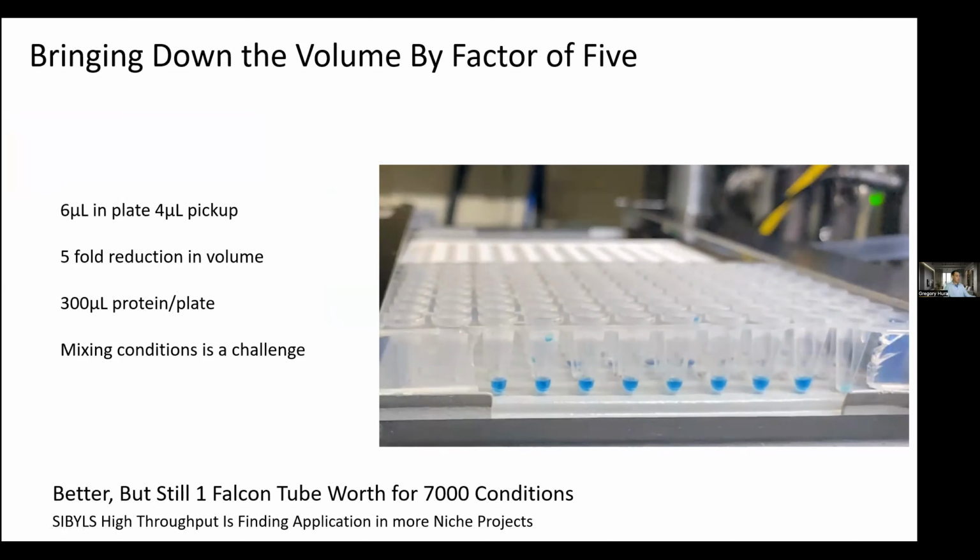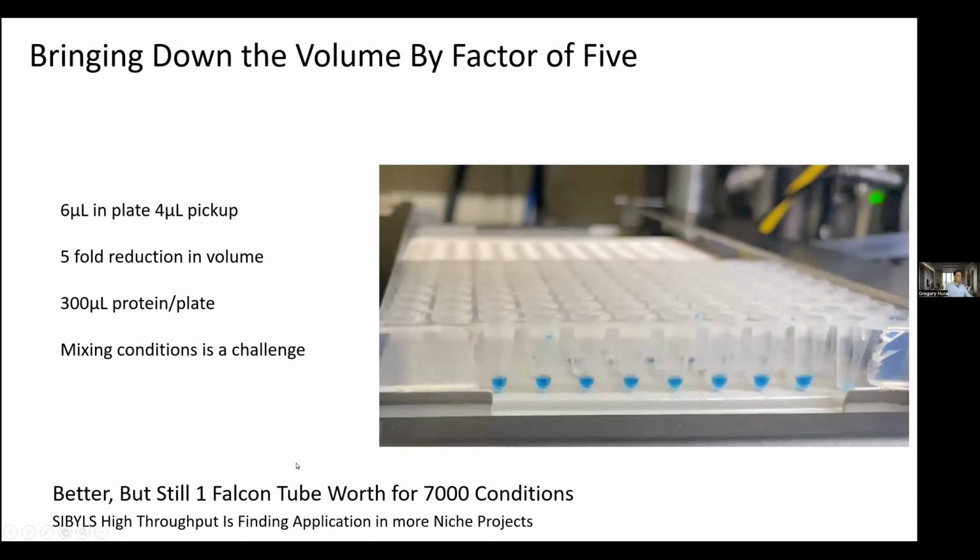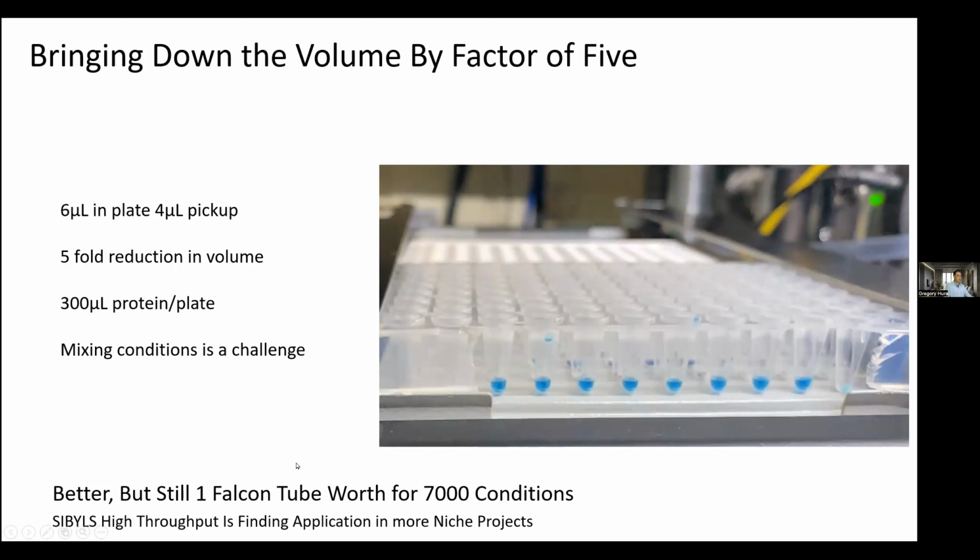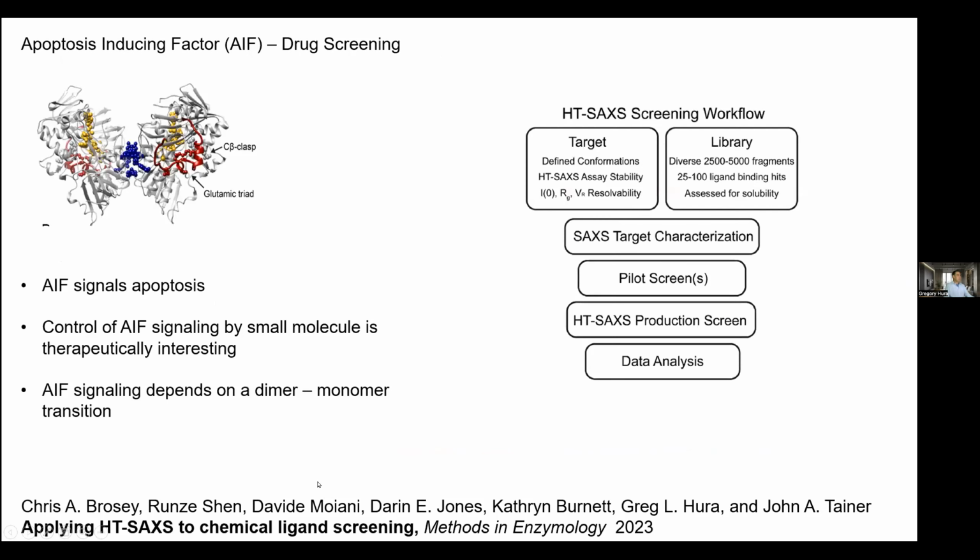So I think I came up with, a typical drug screen is like 10,000 conditions or so. So you're going to need a bucket load of protein to do that kind of thing. So we're aiming to reduce how much we need per sample. So look forward to that. Maybe the movie will play now. Looks like no. All right,